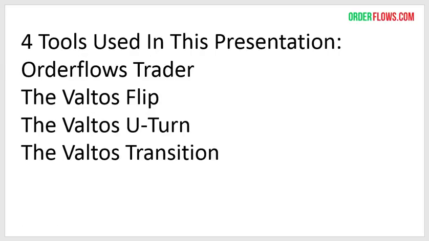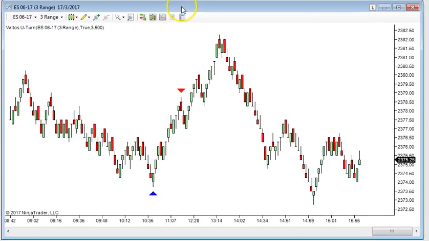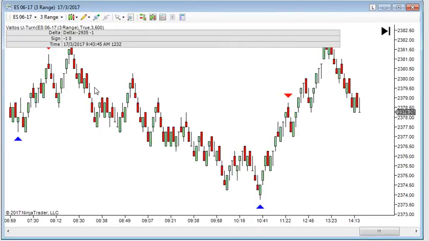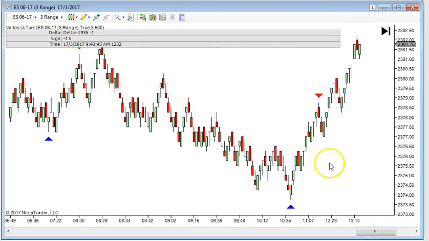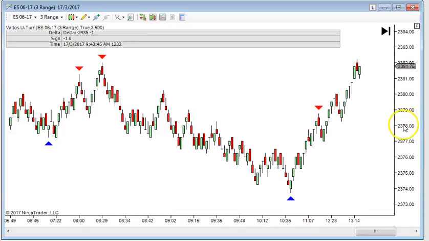Tools that I use in this presentation are the Orderflows Trader, the Baltos Flip, the Baltos U-Turn, and the Baltos Transition. If I got time, I'll pop in a couple other ones. But real quick, first up, I'm going to show you this new indicator that I've been working on for a while. It's called the U-Turn, and it measures areas in the market where